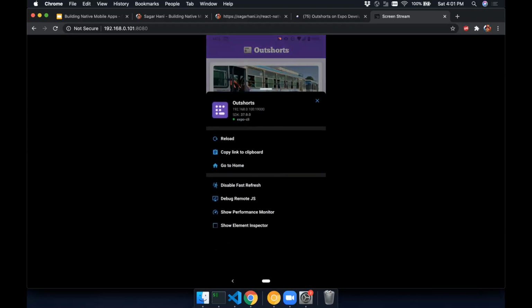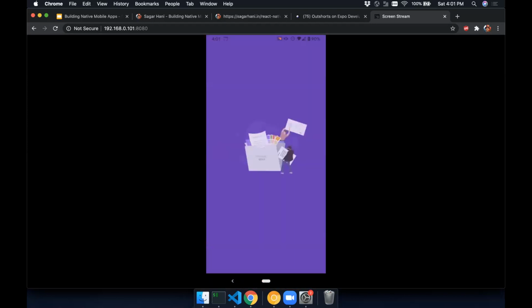So this is one way to debug the response. If you want, you can even console log them in your code so that you can see them in your dev console. And yeah, similarly, if you make multiple API calls, all those will be listed here, and you can debug what the response is, or if anything is going on, you can check that. And I'll just reload this app again. So every time you reload, the JavaScript bundle will be downloaded. It just takes a few seconds.